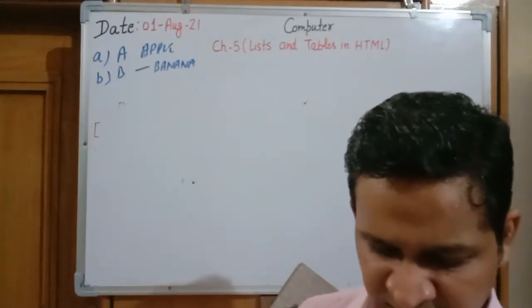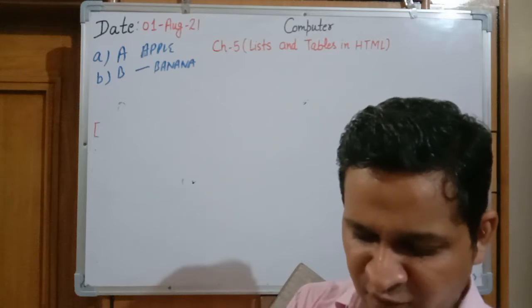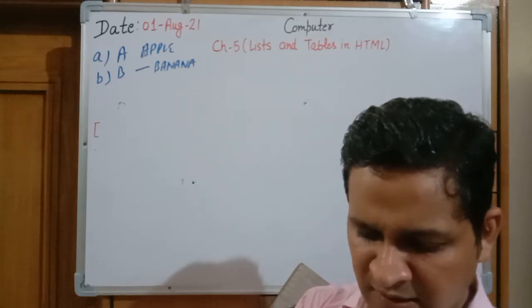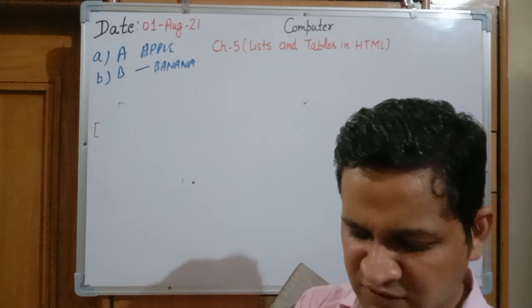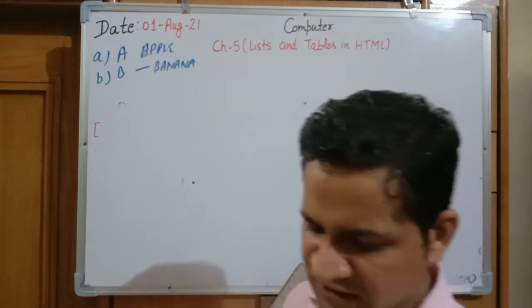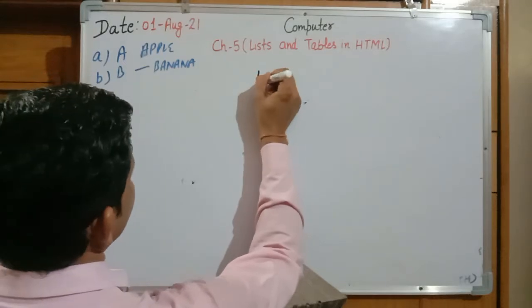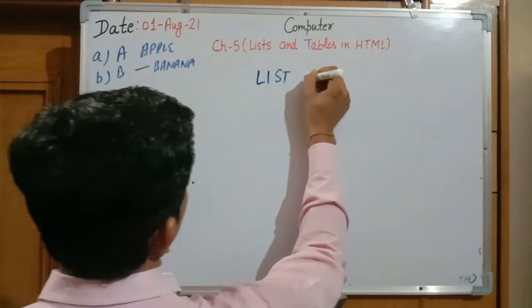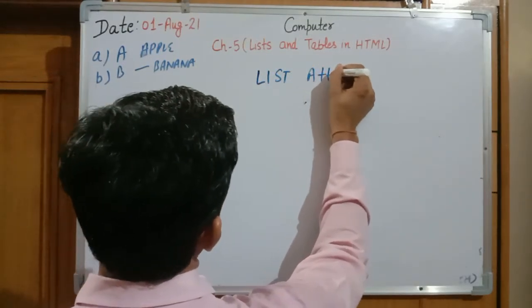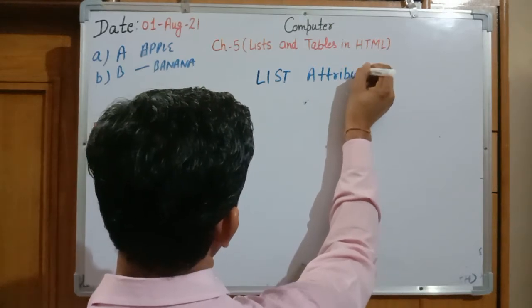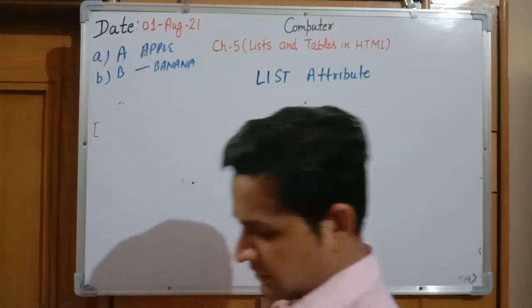Afterward, font size 6, color navy, list attribute is written as a paragraph alignment. It means list attribute will be displayed in the center position as per the output. See the next part now.